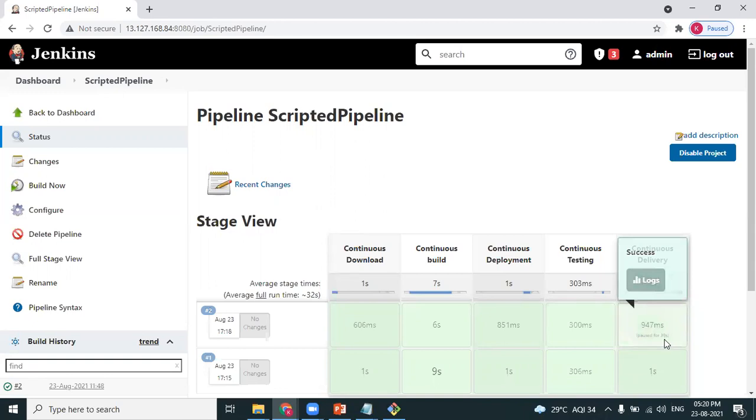And I hope we can open this Jenkins from our mobile phone as well. Jenkins mobile app is there.